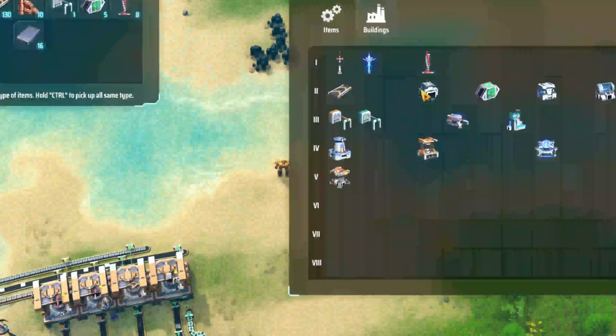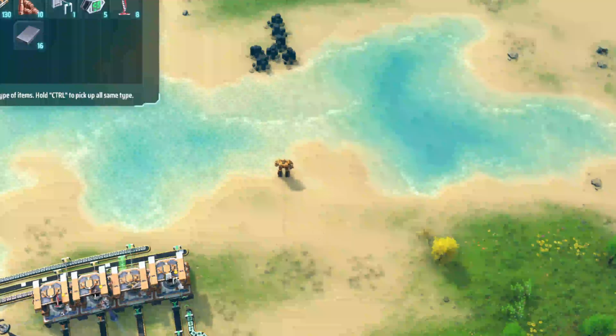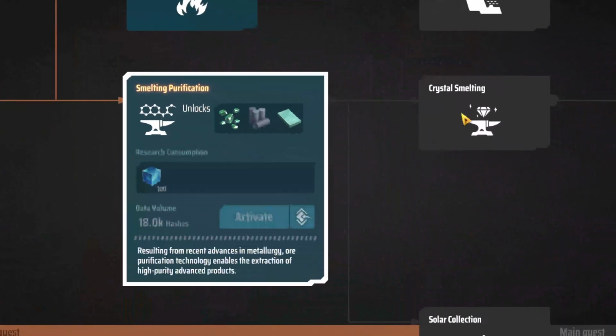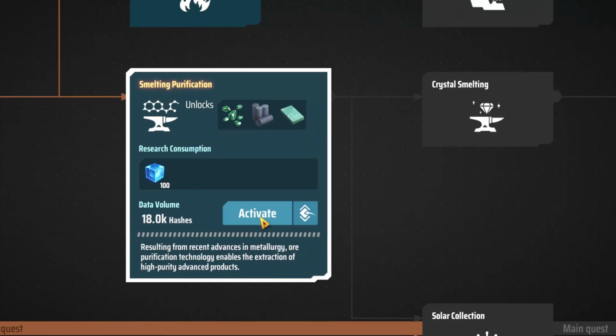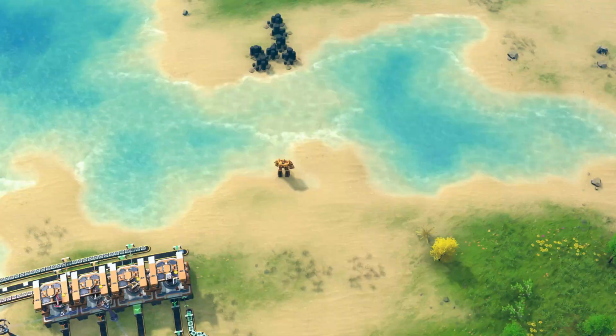I don't think we have done the crystal smelting yet, have we? No, we haven't. Let's get that. Smelting purification. This will give us the energetic graphite, which is a lot better power source than the logs and...